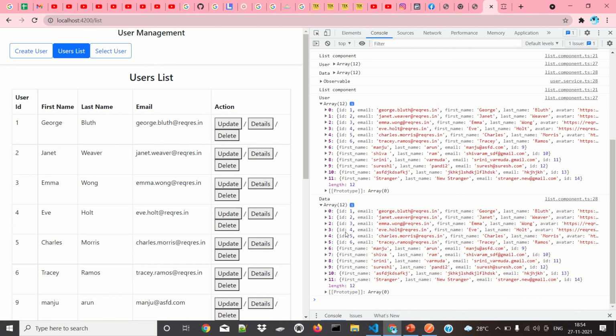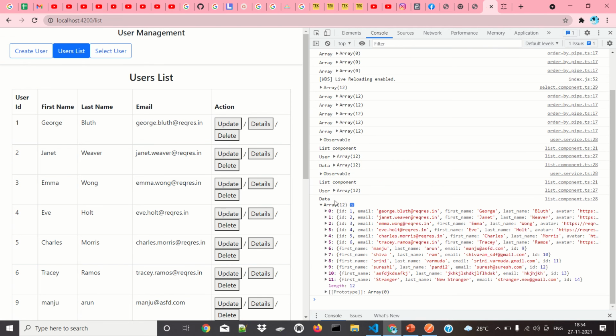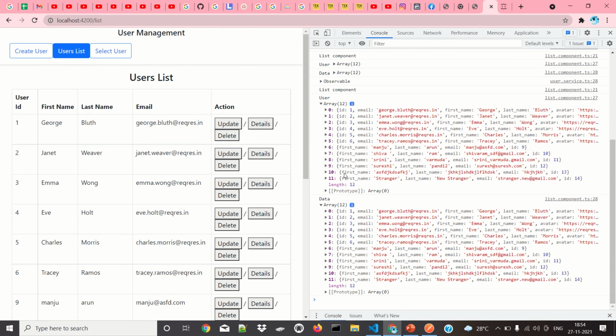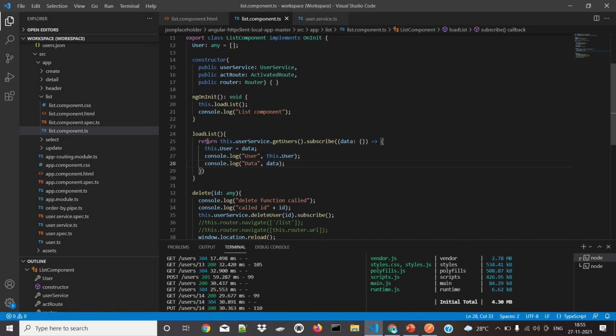So we are getting this user as an array, which is very useful. With this user converted to an array, we can easily manipulate it to list these pages. This user contains all the data in array format.